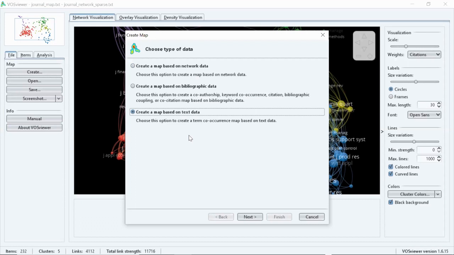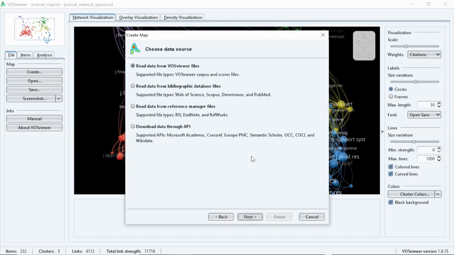This text data gives you an overview, an introduction to the data. Based on that, you can get an understanding, and then you can go for bibliometric analysis. Text data gives you term occurrences: what are the terminologies that are frequently used by the authors to publish in this particular journal? That is how we are going to analyze. I'll just click next.